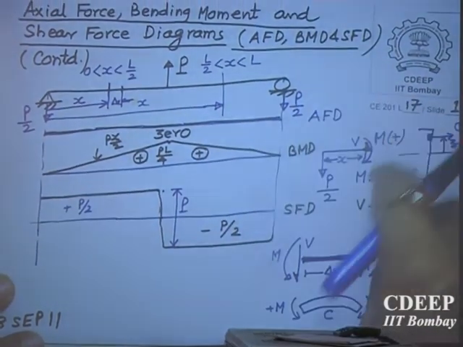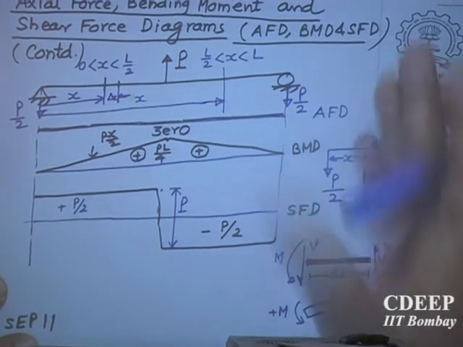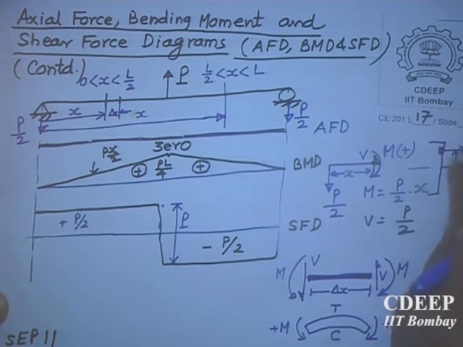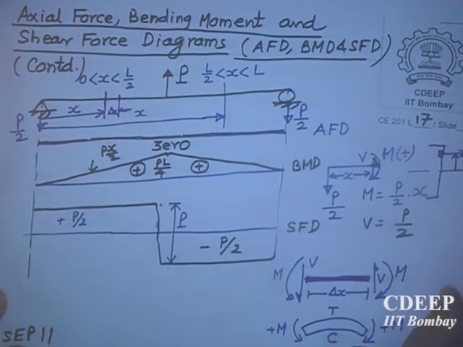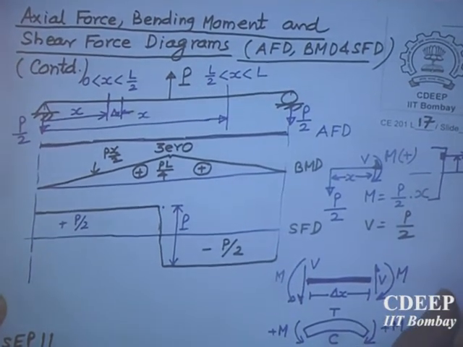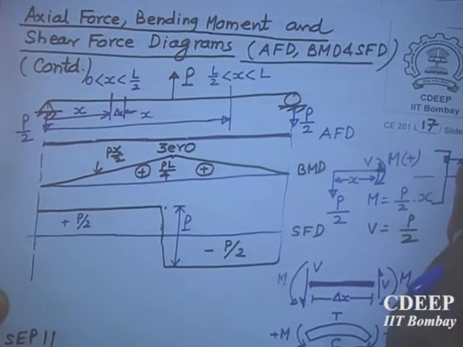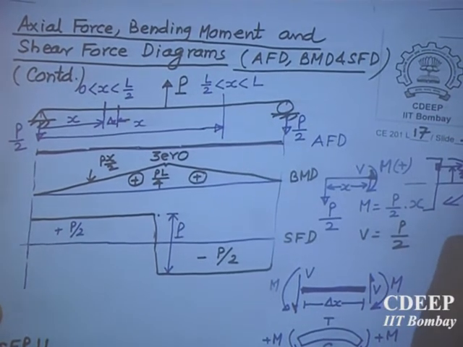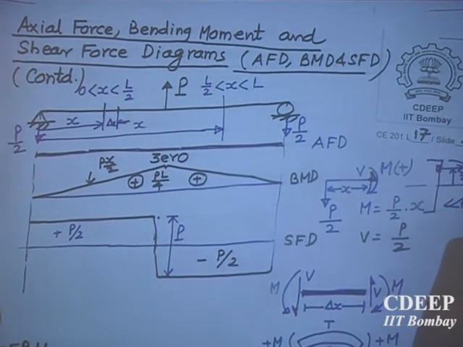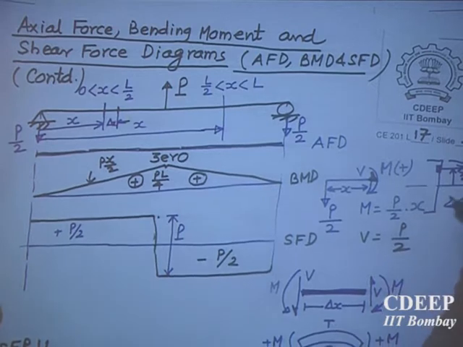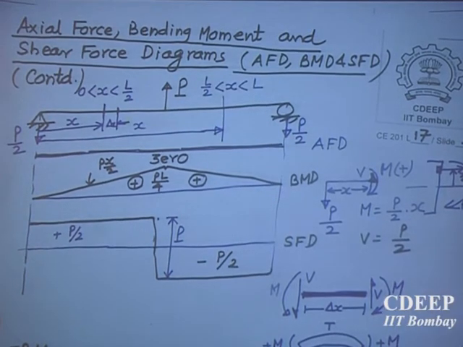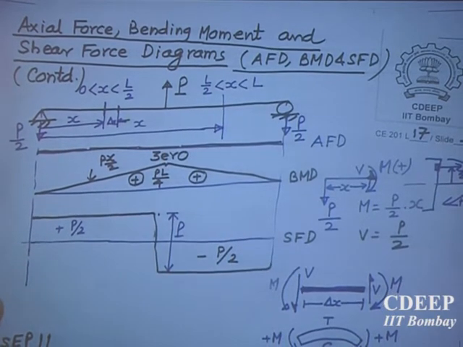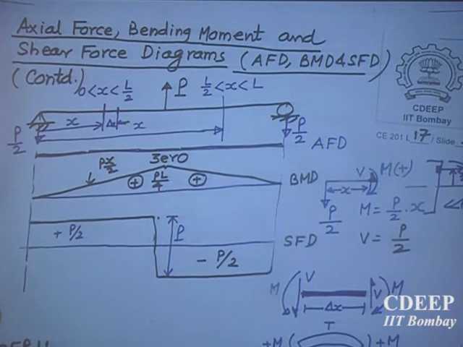So we have defined a positive moment on a positive x plane consistent with my sign of the sigma x, because sigma x positive like this produces a positive moment like this. So I am calling, you can call it negative, but we are calling this positive. Positive or negative has no meaning. What has a physical meaning is whether the top fiber is in tension or the bottom fiber is in tension.